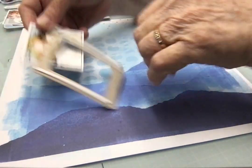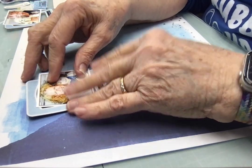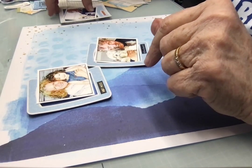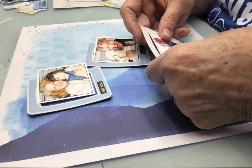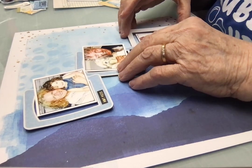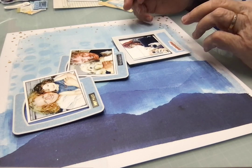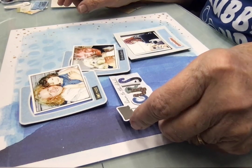Okay, so I'm going to arrange these frames, and the photos are not meant to fit exactly on the frame, but I've pulled some stickers from the sticker sheet, and I have this one, the photo actually would fit in the frame, so I'm not quite sure if I'm going to do it that way or not. So I'll kind of have it, maybe I want it more like this, that way. These two kind of like that, and then maybe this one sort of straight, or just slightly askew going the other direction. And I was thinking that the title would go here,